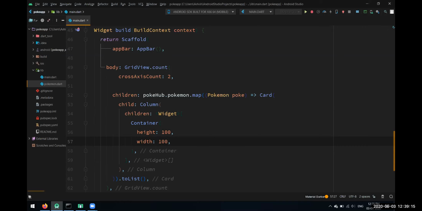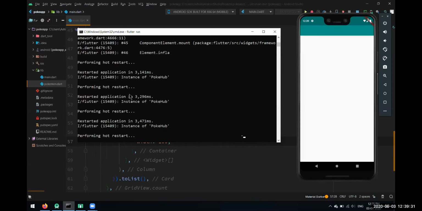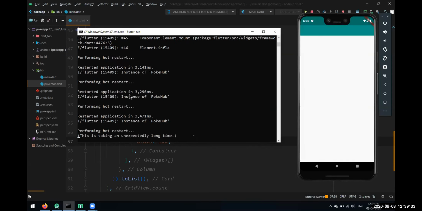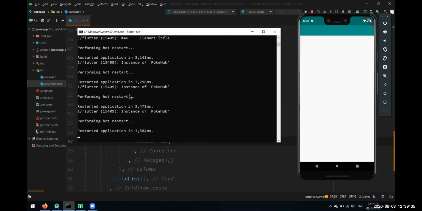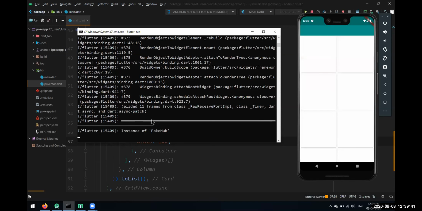So this will give us a square box on our screen. For now, let's go to our screen and see what we are getting. Okay, this is giving a very huge error.